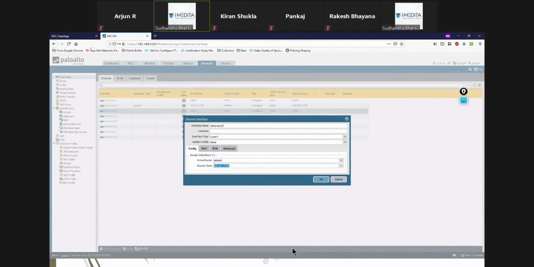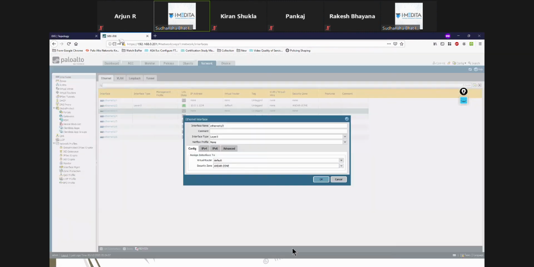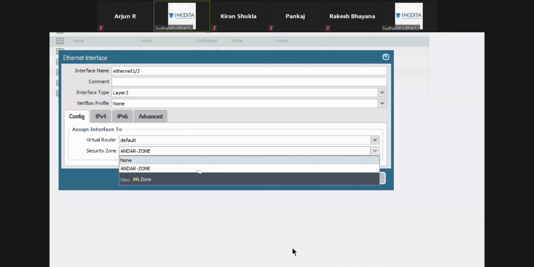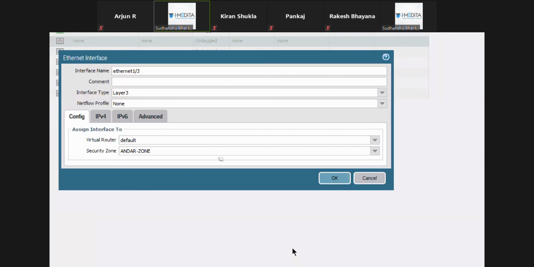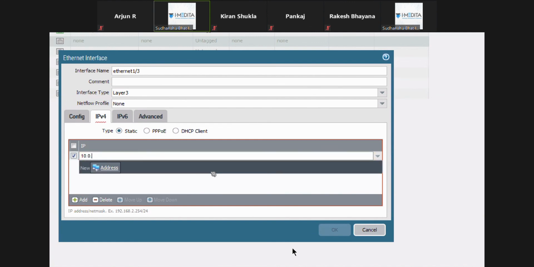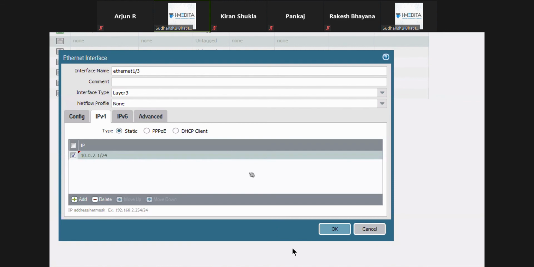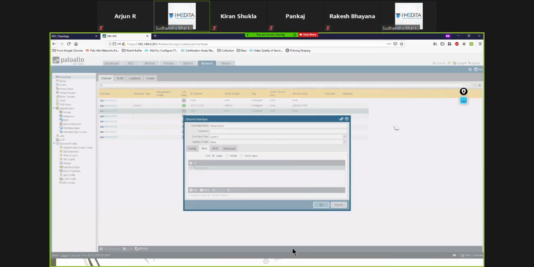Let's bring both of them in the same zone. Okay. IPv4. Let's give it another subnet, 10.0.2.1/24. Okay, and just okay.